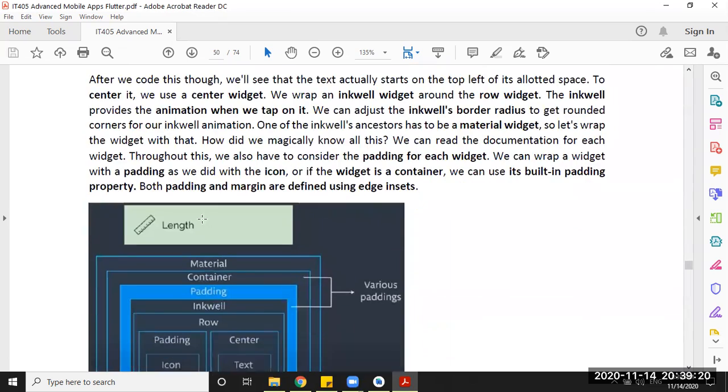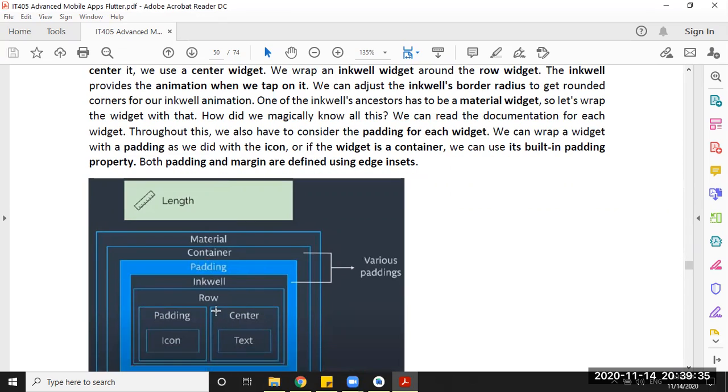Then after we run the code, we see the text actually starts at the top left, with a lot of space. This will be the problem. To center it, we will put the center widget instead of leaving it at the top; we have to wrap it with the center widget. Then after the row, we wrap it with an inkwell with a border radius to get rounded corners